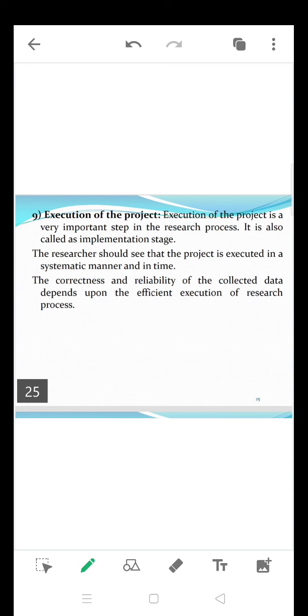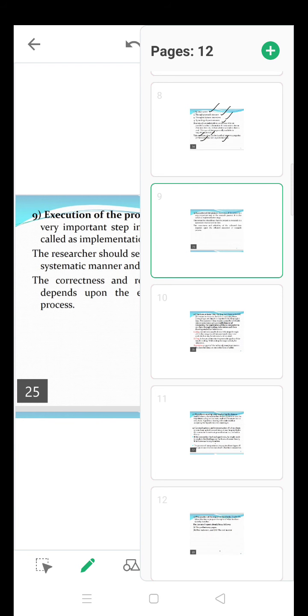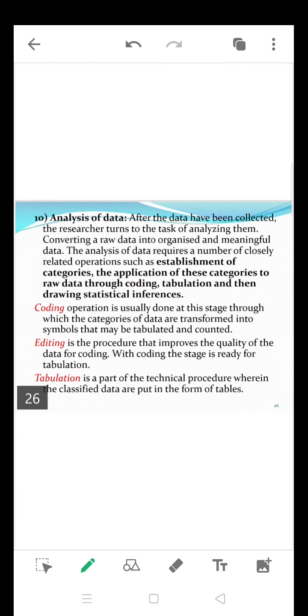If you are not going according to the set plan, that is why the research design or the research process is called a blueprint of a researcher. You need to have a track, you need to have a checklist. According to that, you need to do the research. Any deviation you need to check, and you need to get back to the actual process of the research. And next, after collecting the data, after checking whether I am going the right way or not, the next step is analysis of the data. Whatever data you have collected, you need to convert that raw data into organized and meaningful data.